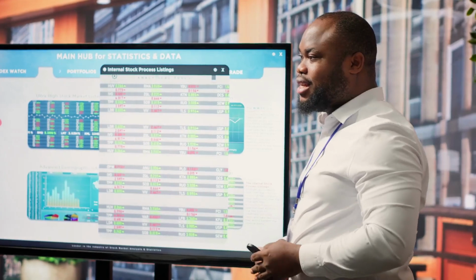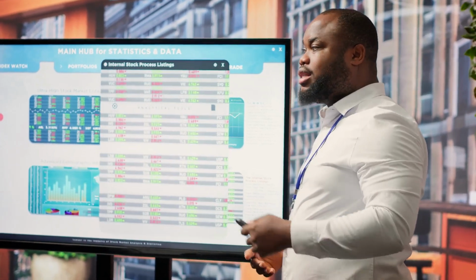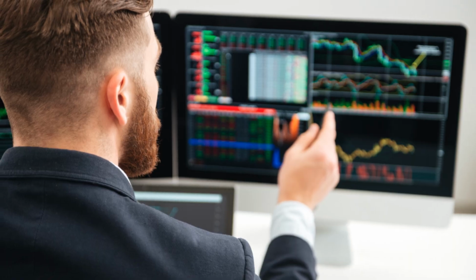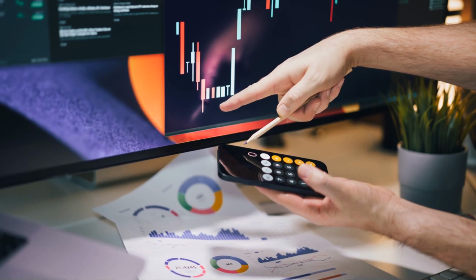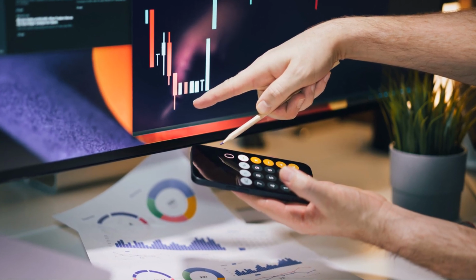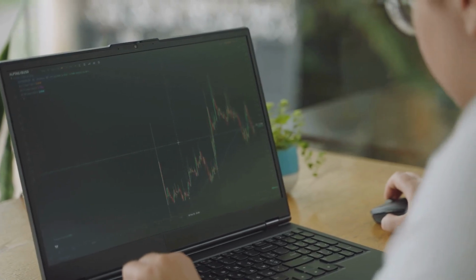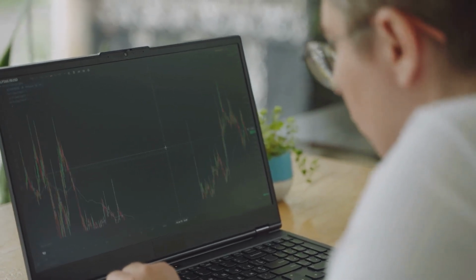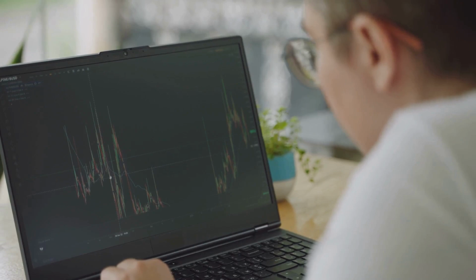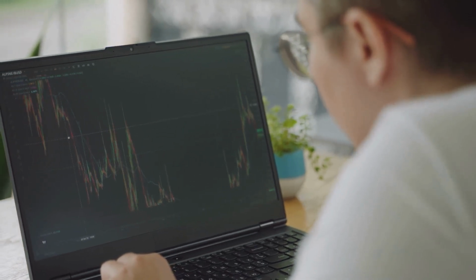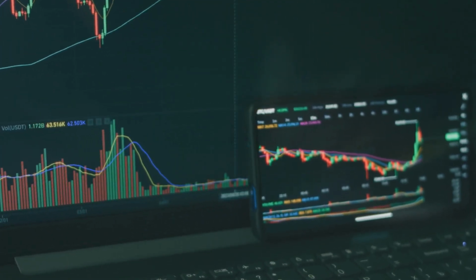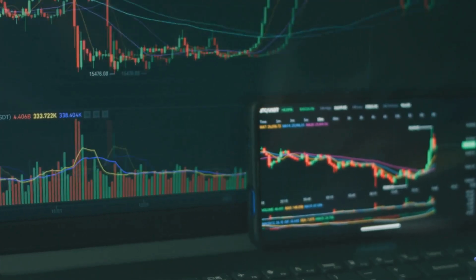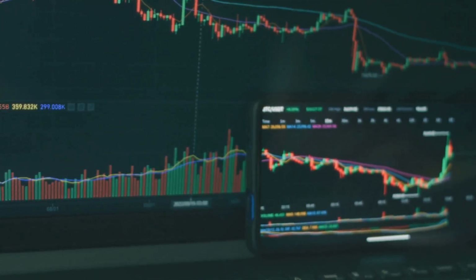Section 2. Coincident indicators, taking the pulse of the economy. If leading indicators are like looking at a forecast, coincident indicators are like taking your temperature. They tell you what's happening right now. These indicators reflect the current state of the economy and provide confirmation that the economy is indeed in a particular phase of the business cycle. By monitoring these real-time metrics, investors can gain a clearer understanding of the current economic climate and adjust their investment